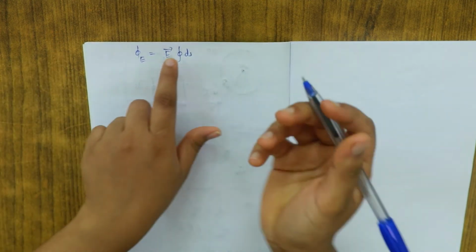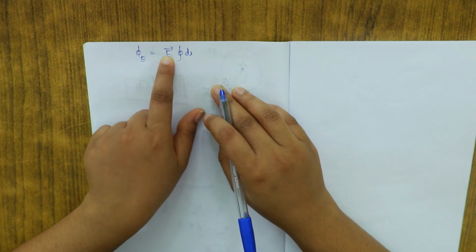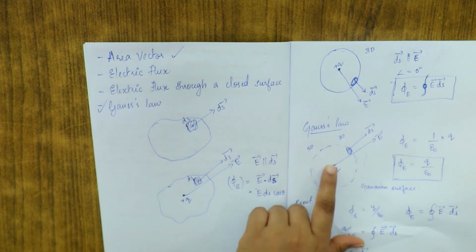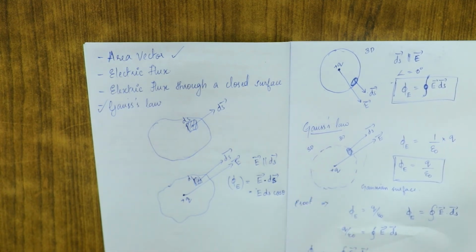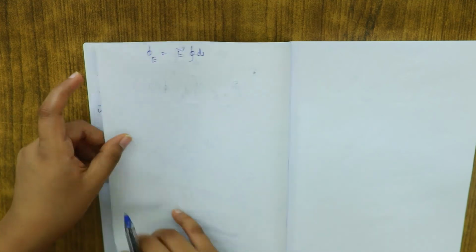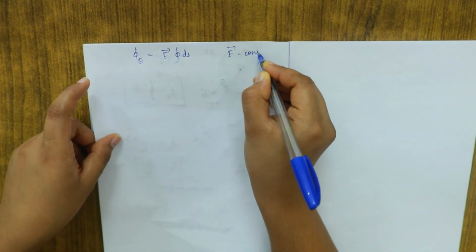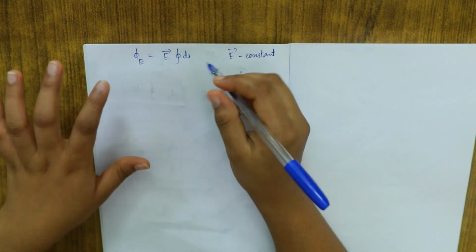We are taking E, the electric field, outside of the integral because the electric field is a constant value here. Since only one charge is placed, this single charge produces an electric field, and this electric field will be equal over every area. So E is a constant value, and we are taking it outside of the integral.